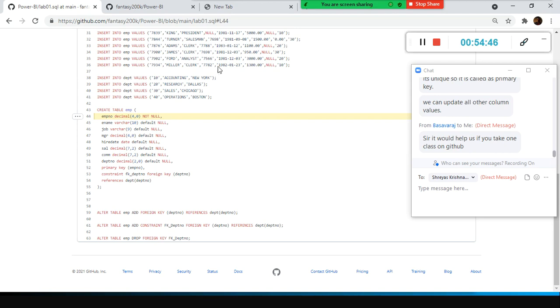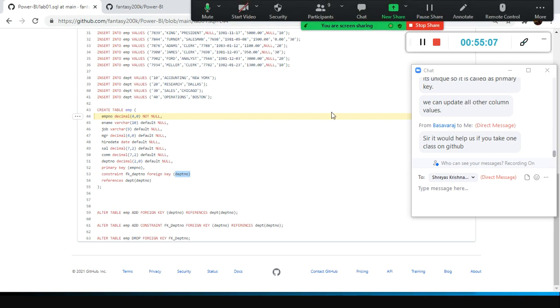If this table has no data in it, you can create it, but still the procedure is to first create the department table, because this table is referencing that table's department number column. So first create the department table and then create this one.